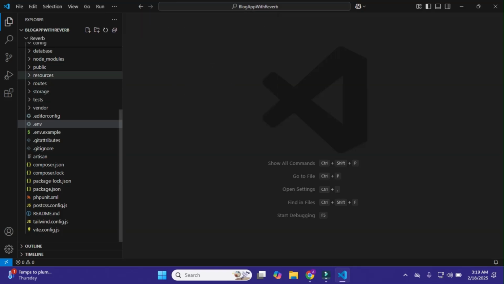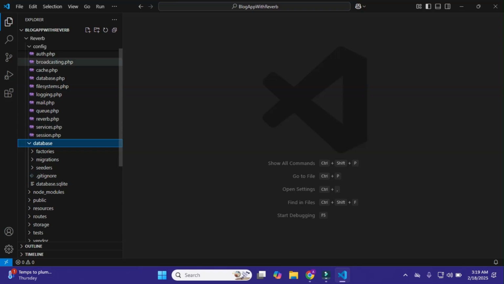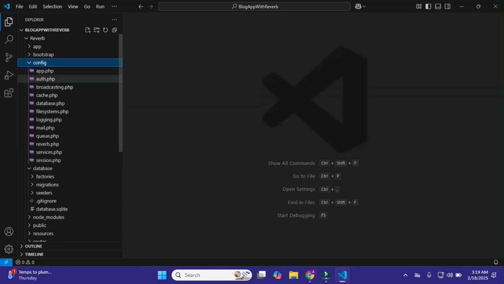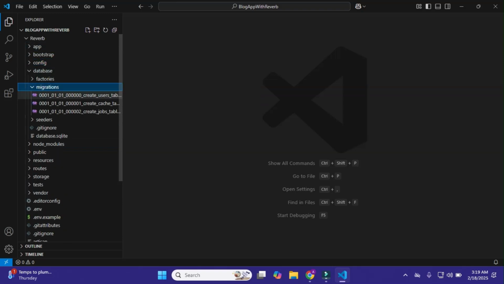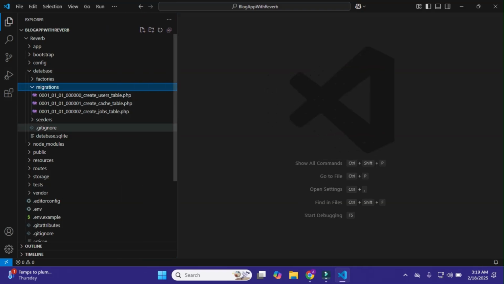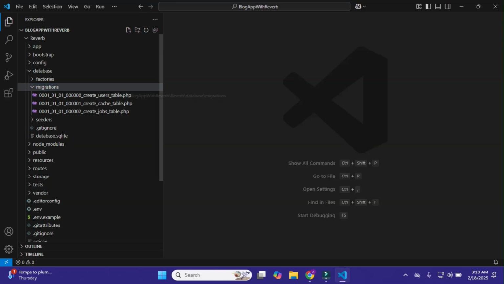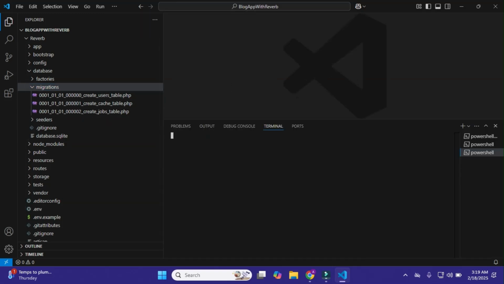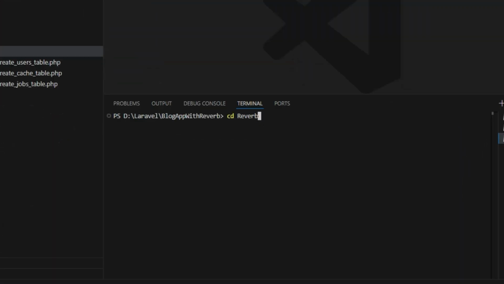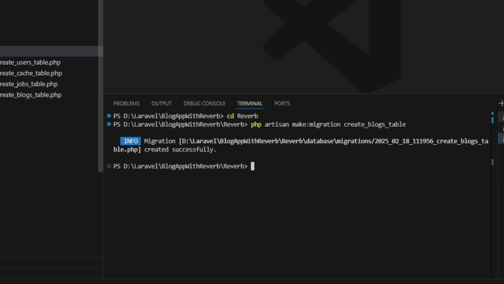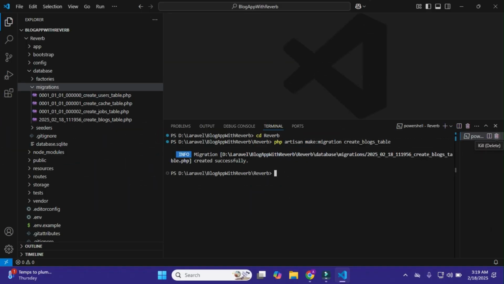Okay, that's it. Amazing. Now we simply set up our database, and for this, first of all, I will go to my database, and within it I'll go to my migrations, and now I have by default these migrations in Laravel 11. So now I need a blocks table, and for this I'll open my terminal, come to my project and create migrations for my blocks table.